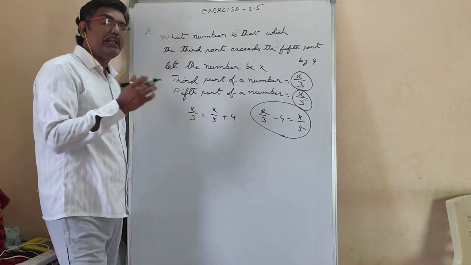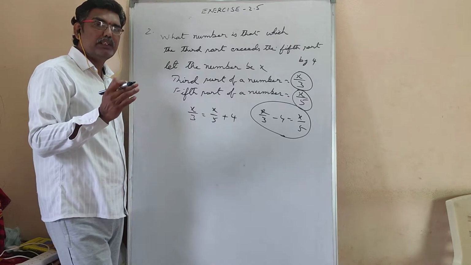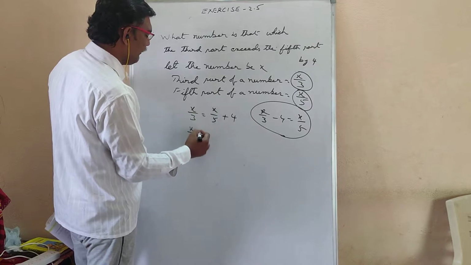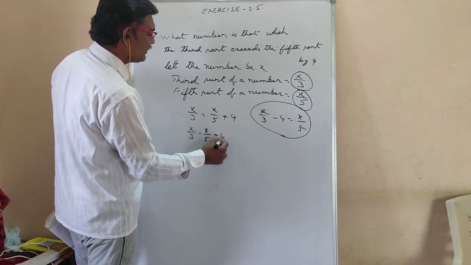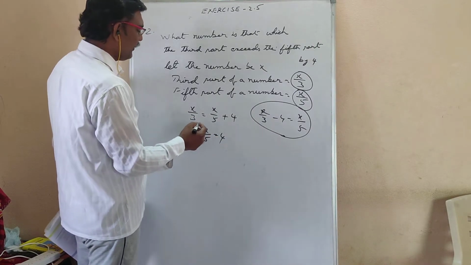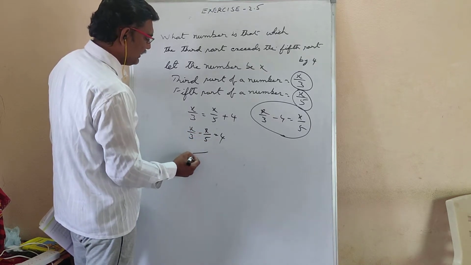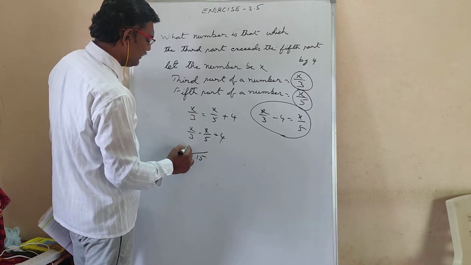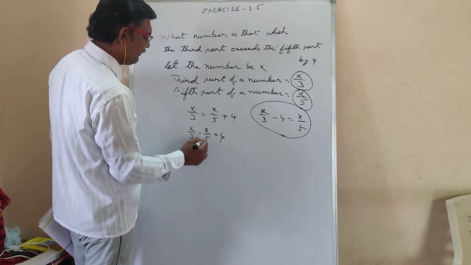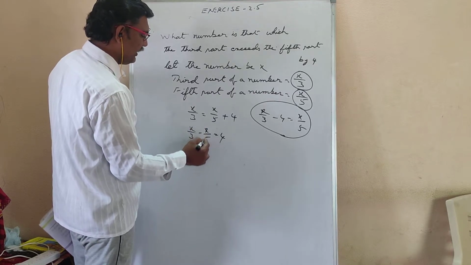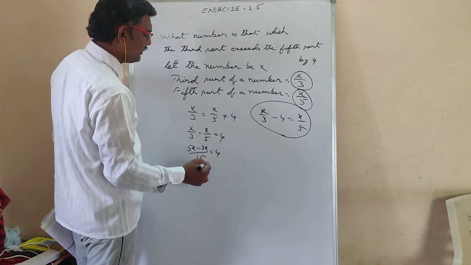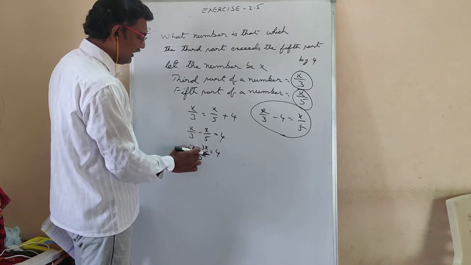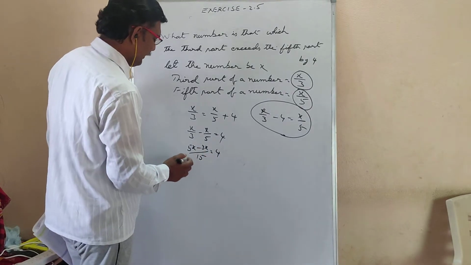Now what you have to do, what I said to you, bring variables to one side, I said or not. x by 5 is a variable. x by 3 is here, bring x by 5 to this side. x by 3 minus x by 5 is equal to 4. Then for 3 and 5, the LCM is 15. 3 how many times will go in 15? 5 times. 5 into x is 5x. Minus, 5 how many times will go? 3 times. 3 into x is 3x, is equal to 4. Bring 15 to this side. 15 is dividing in the denominator. If you take it to this side, it will multiply.